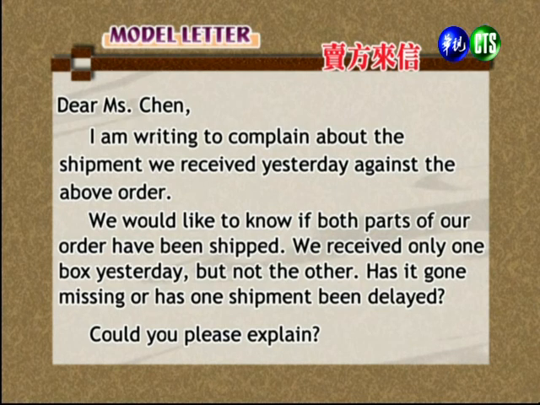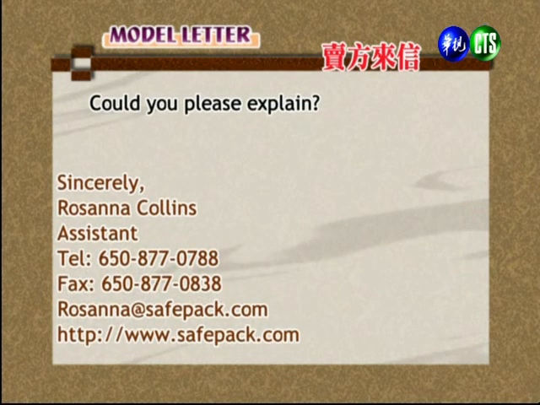We would like to know if both parts of our order have been shipped. We received only one box yesterday, but not the other. Has it gone missing, or has one shipment been delayed? 我们想要知道我们所订的这2样东西是不是都出货了？我们昨天收的只有1箱，另一箱没有到。不知道是不见了呢，还是说 shipment 有 delay，延缓出货了？Could you please explain? 因为这是一个明显的错误，明显的问题，他要请对方 explain。我们看那个 signature block，他也是很客气的说 sincerely，然后他们公司的联络住址 contact information。